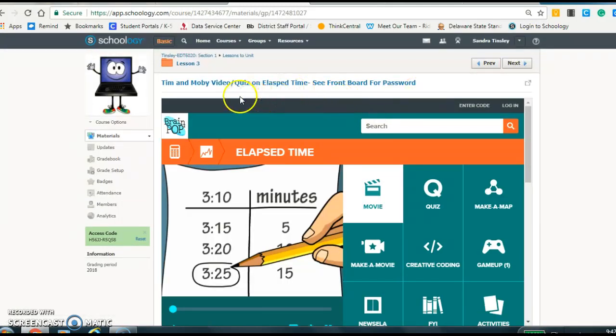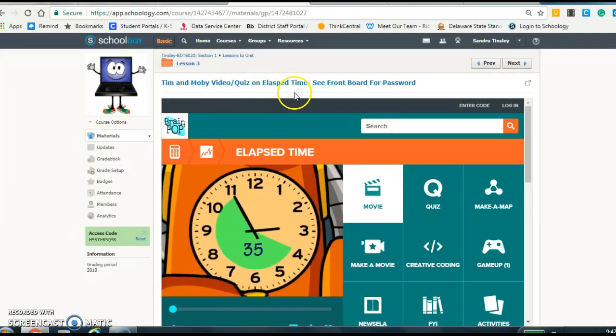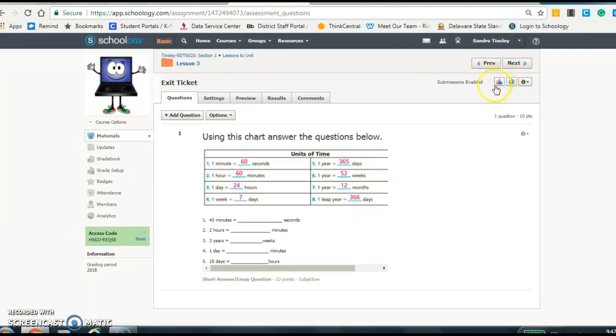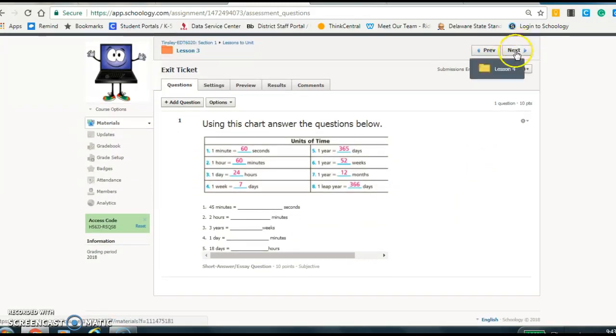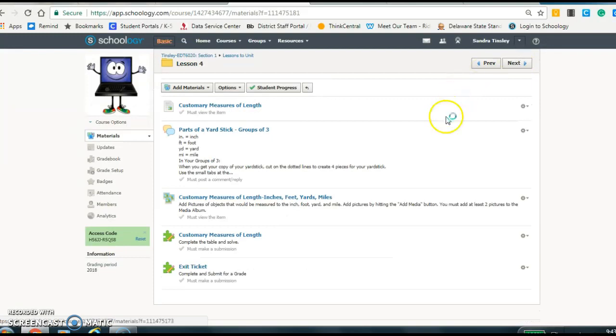They'll watch a video by Tim and Moby, and they'll do a quiz on elapsed time, and again, seeing how they're doing with elapsed time, just more practice with it. Then they'll do an exit ticket that will go into my grade book. I'll see how they're doing with that. After they finish the exit ticket, they'll go on to lesson 4,